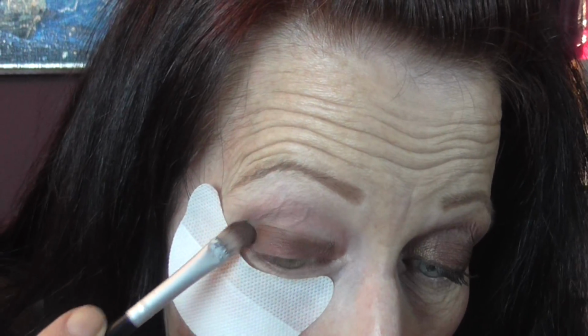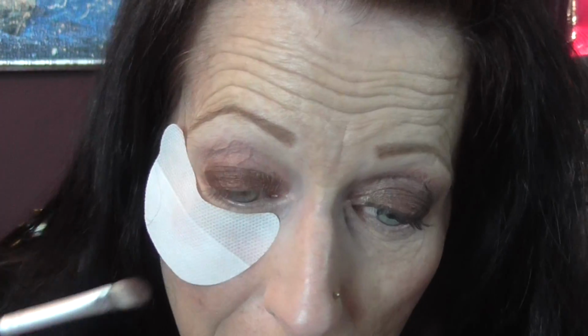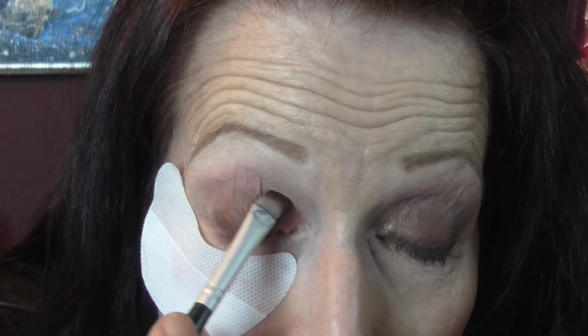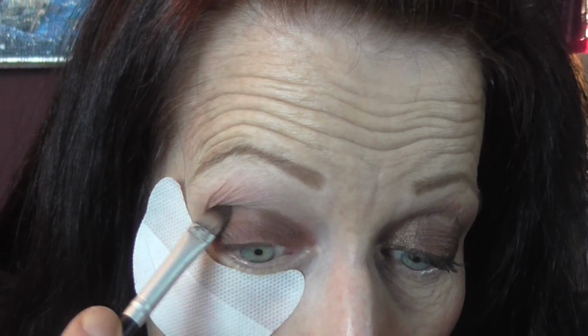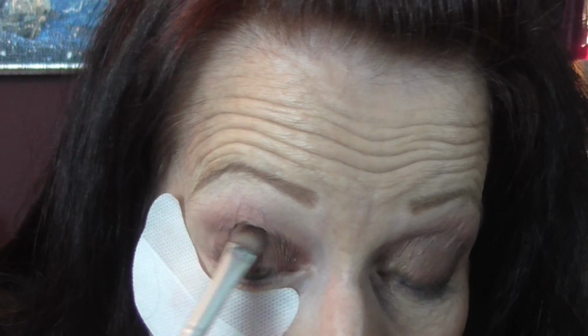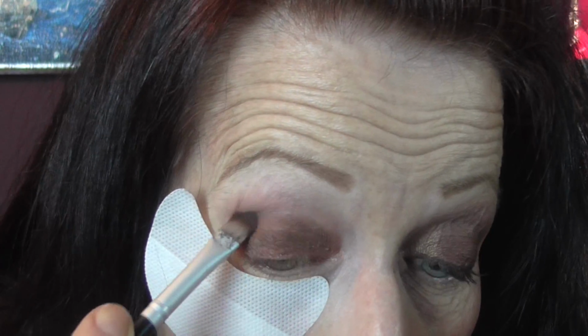Luckily these colours don't drop too badly. So if you can see, I wanted it darker along the bottom edge, if you can see. And then I'm bringing that colour with what's left on the brush into the rest of the eyelid up to the crease. And just sort of blending, using the brush to blend as well as putting down. This is quite a good brush. It is just really a flat brush for putting shadow on, but for something like this you can actually blend the colour in as well if you do this